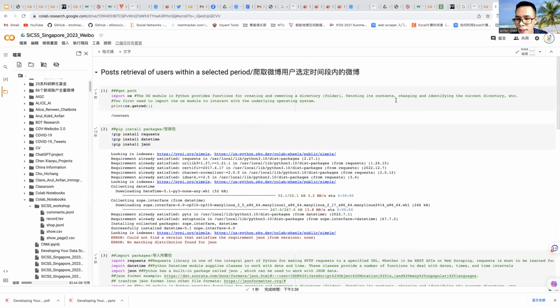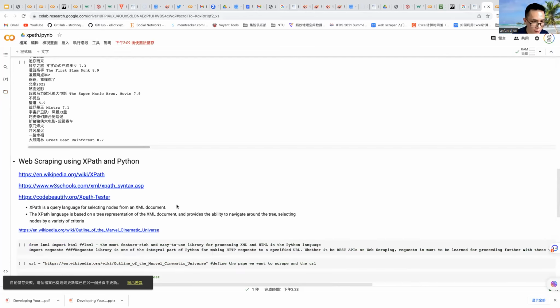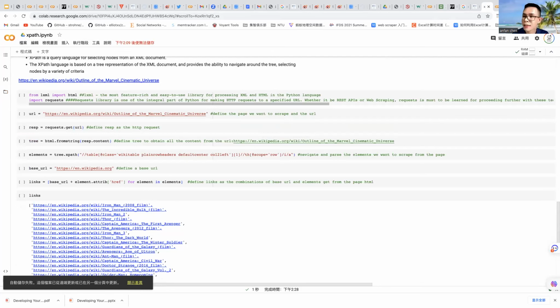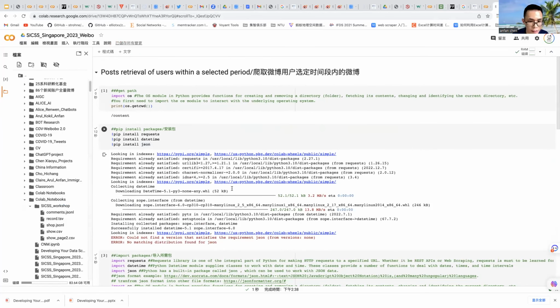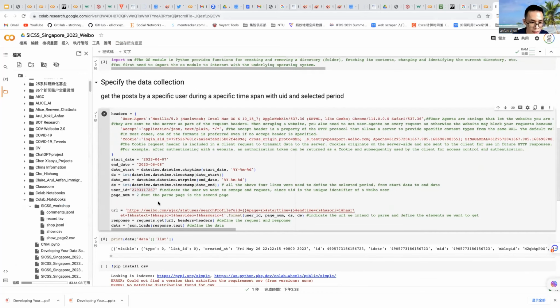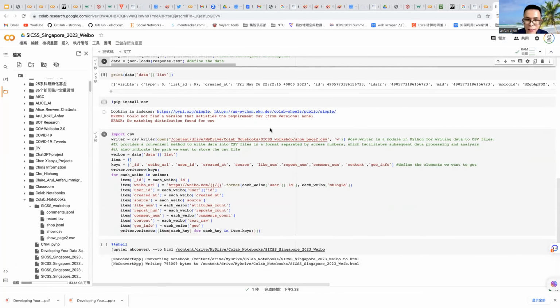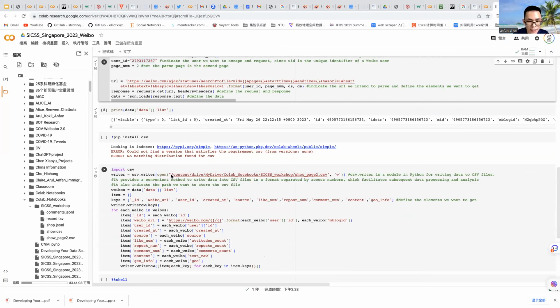And another thing is we cannot get access to this CSV. Because you can see the path: the path is in my Google Drive. You do not have access to my Google Drive.